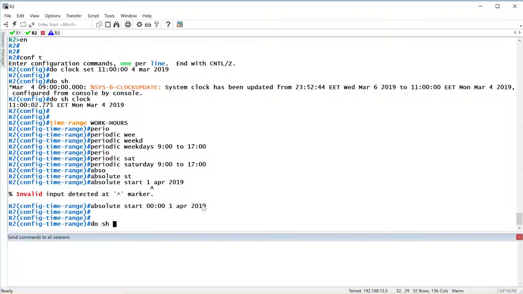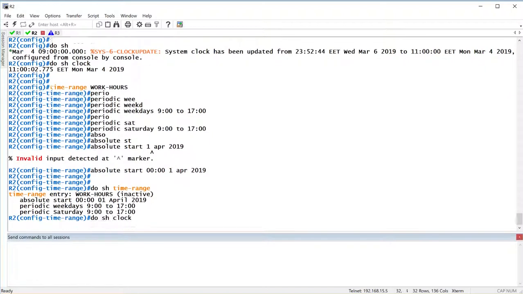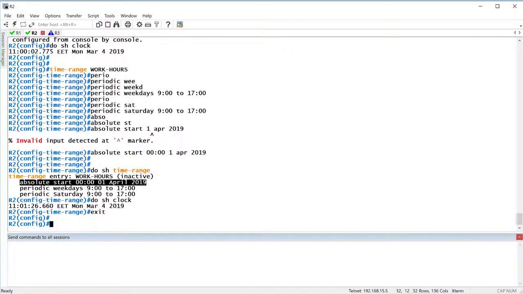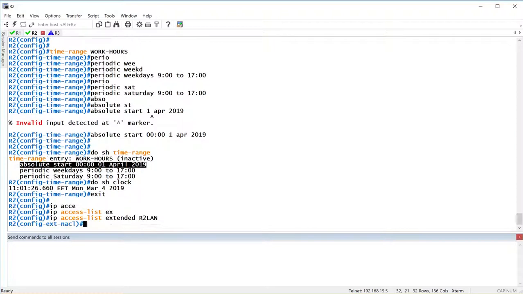So right now it is weekdays, it is from 9 to, what do you call it, I'll do show clock. It is Monday, so it is a weekday, but it's inactive. Why is it inactive? It's not going to come into effect until the 1st of April. All right, so now that I've created it, I'll apply it to my access list, extended R to LAN, and